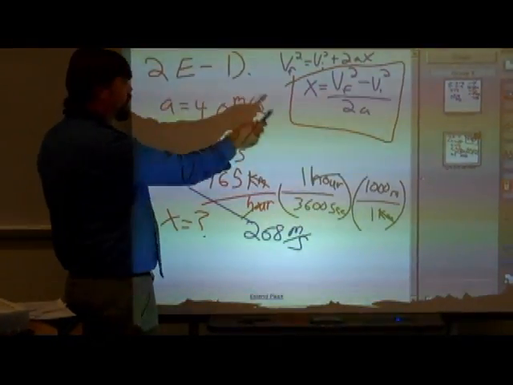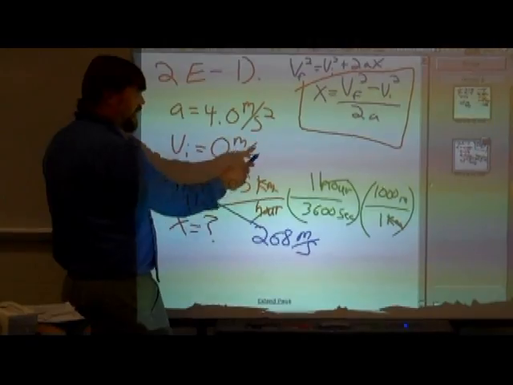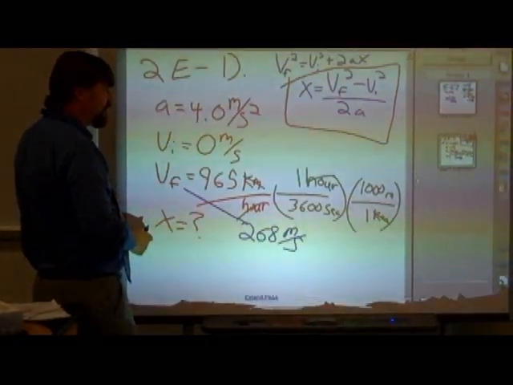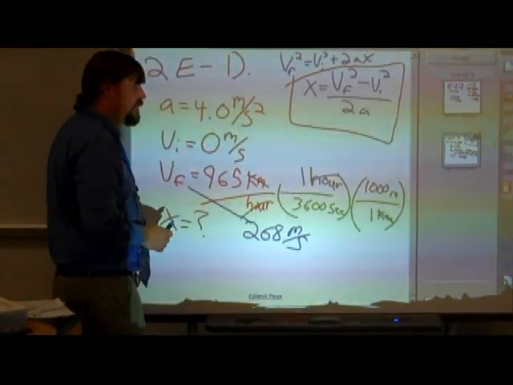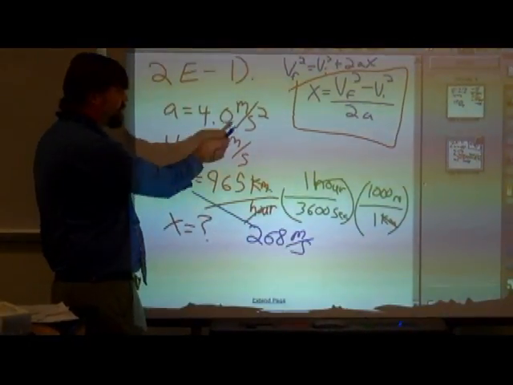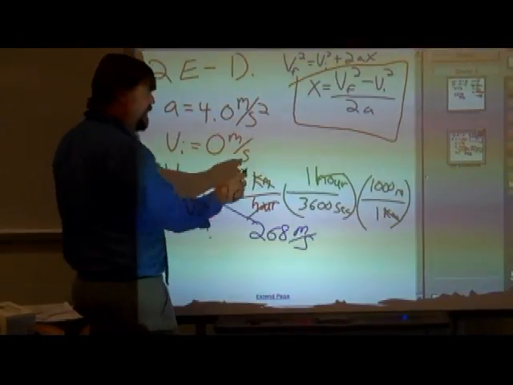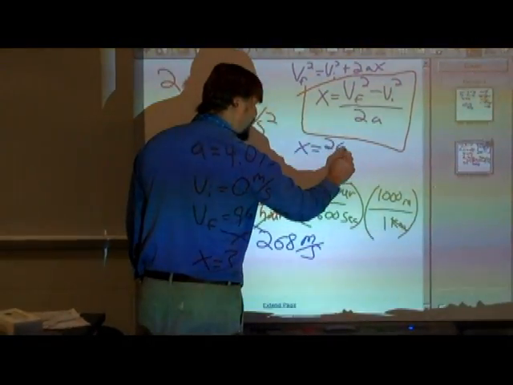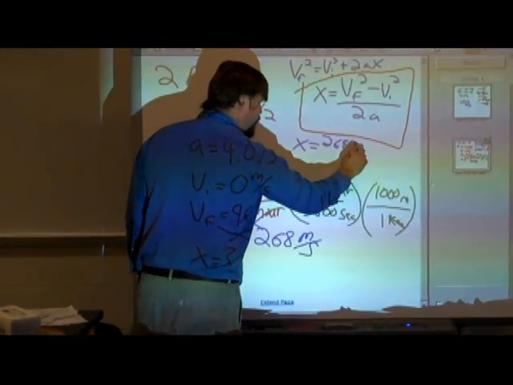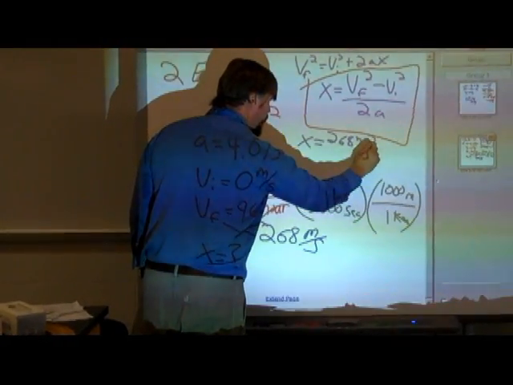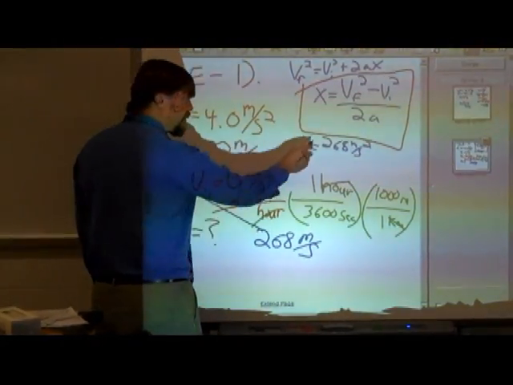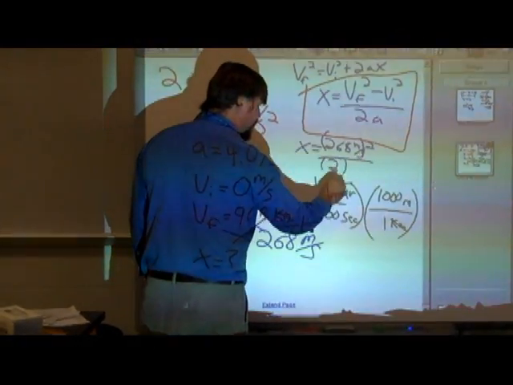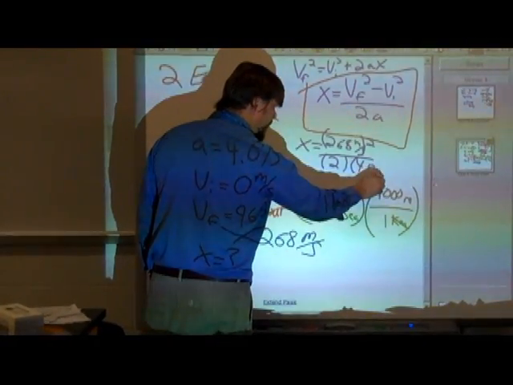So, what we're going to do in this problem is take our VF, 268, minus VI, which is 0, and divide it by 2 times the acceleration, which is 4. You can see right away when we plug it into our problem, that 268 meters per second, the whole thing squared, divided by 2 times 4 meters per second squared,